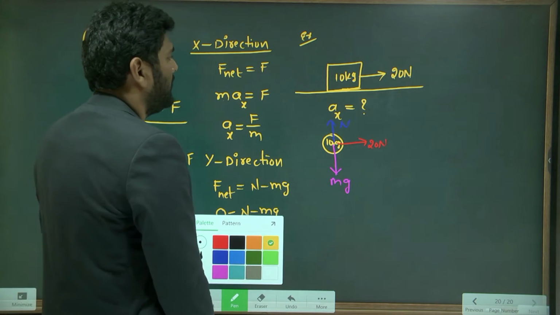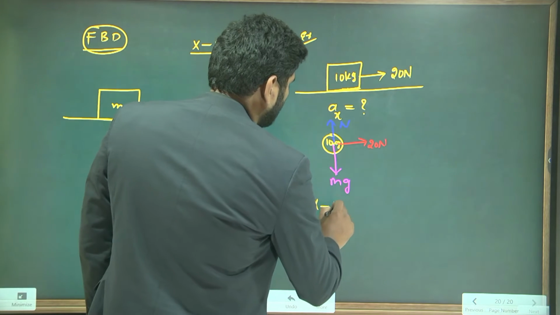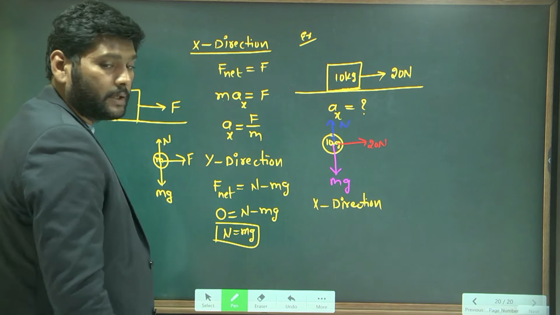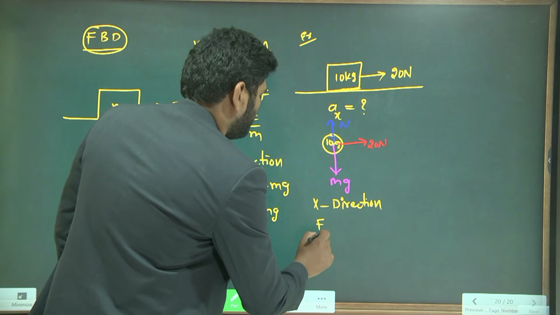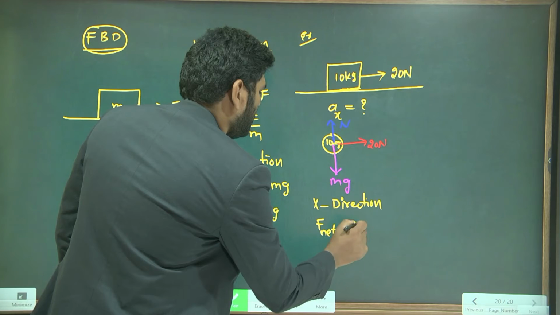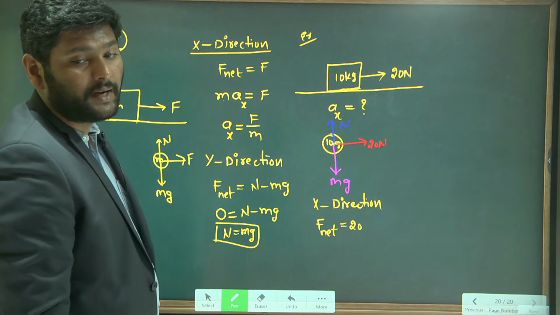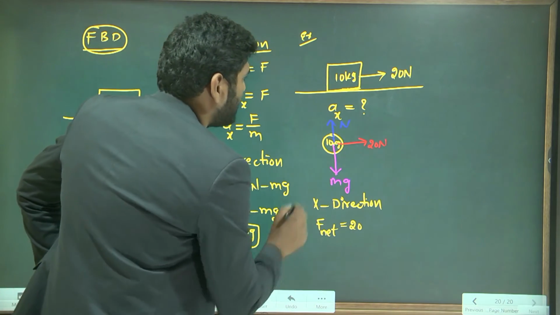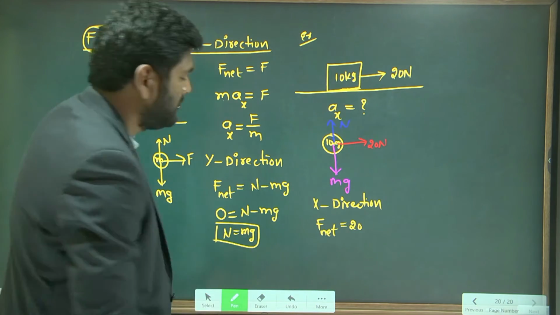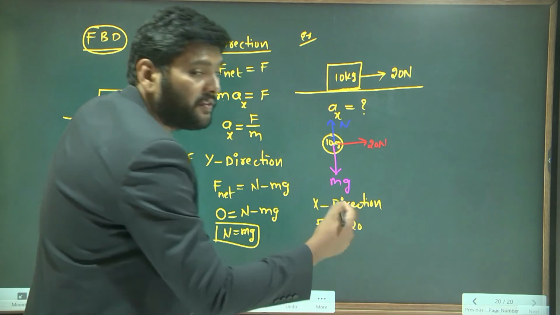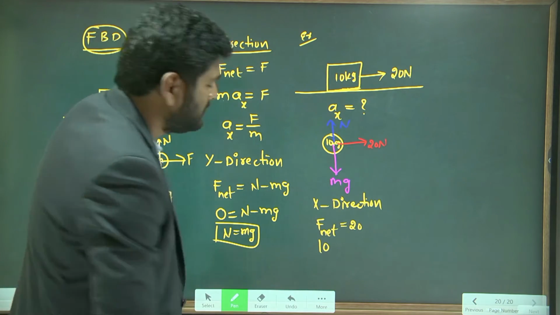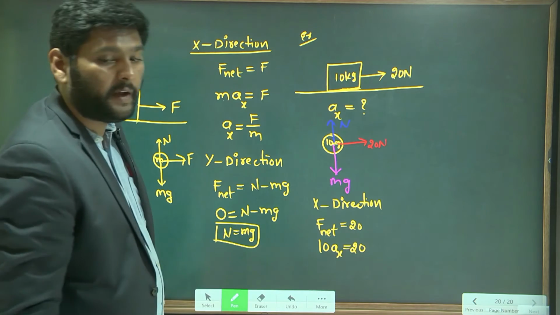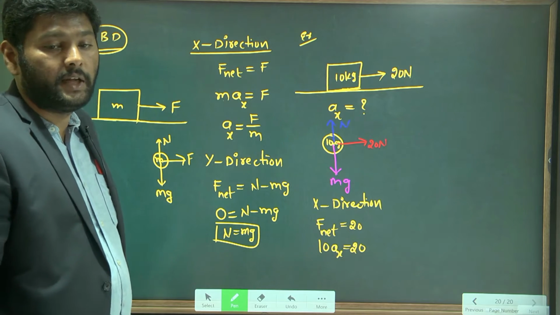Now, if I apply Newton's second law along x direction, along x direction, net force, tell me? 20 newtons. But according to Newton's second law, what is F net? ma, sir. What is the mass here? 10 kg. Very good. 10 into, in which direction are we finding the acceleration? X axis. So you can take ax is equal to how much? 20 divided by 10. Simplify and tell me the acceleration in x direction.